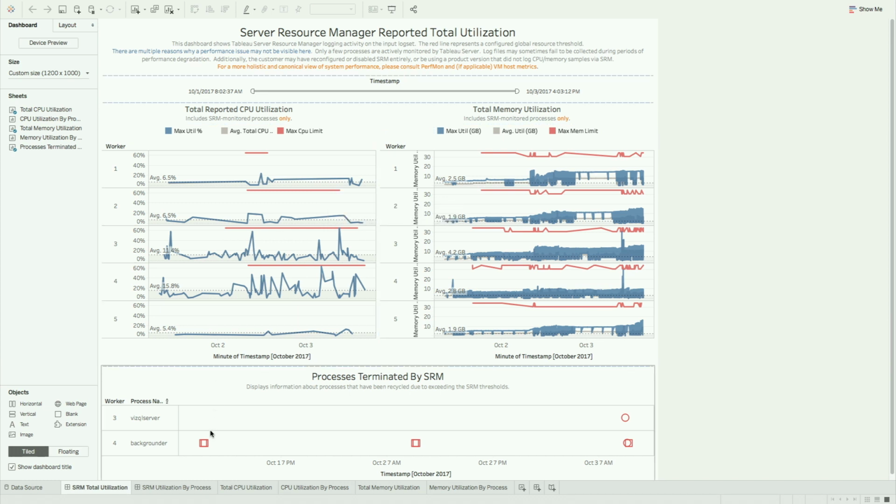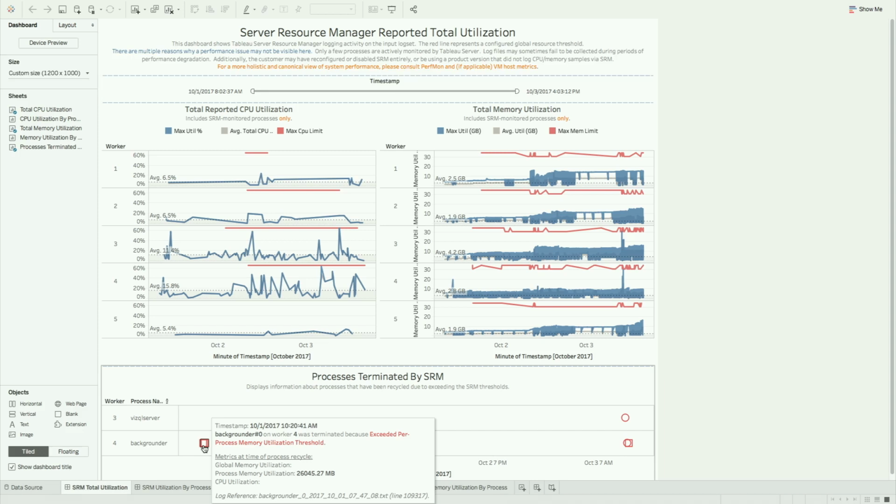And at the bottom over here, you basically are seeing some of the processes that were terminated as a result of exceeding that threshold. So if you see a lot of the backgrounders getting refreshed and recycled very quickly, that may be an indicator for you to do something about that. Maybe you need to add more CPU, you need to add more RAM so that you don't hit so many of those